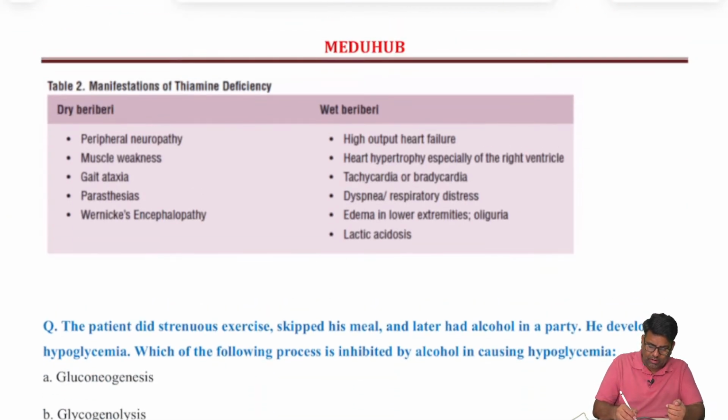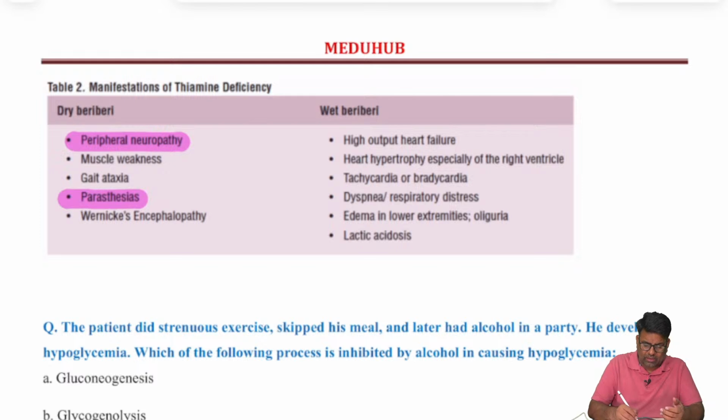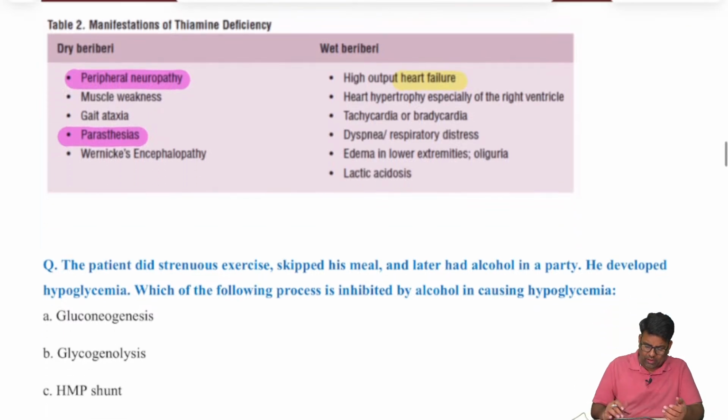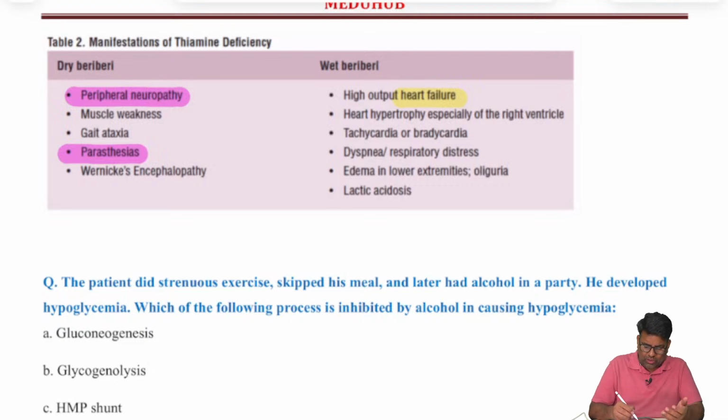Dry beriberi has neurological symptoms, especially paresthesias, and Wernicke's encephalopathy also. And as far as wet beriberi is concerned, it is especially related to cardiovascular features, like high output heart failure and others. Now, there was one question about a person who has done heavy exercise and, without taking anything, went to a party and took alcohol. Now, this resulted in